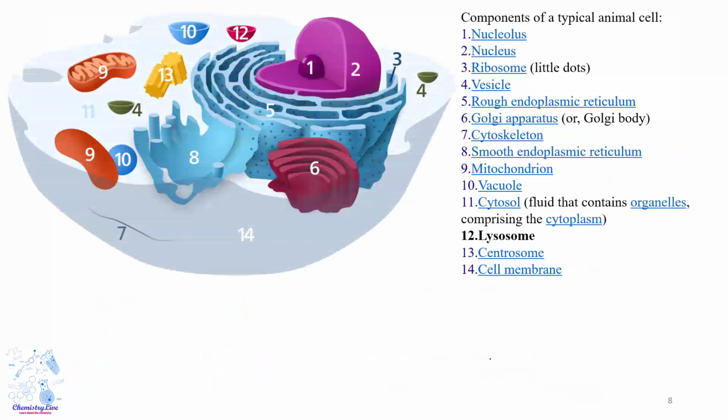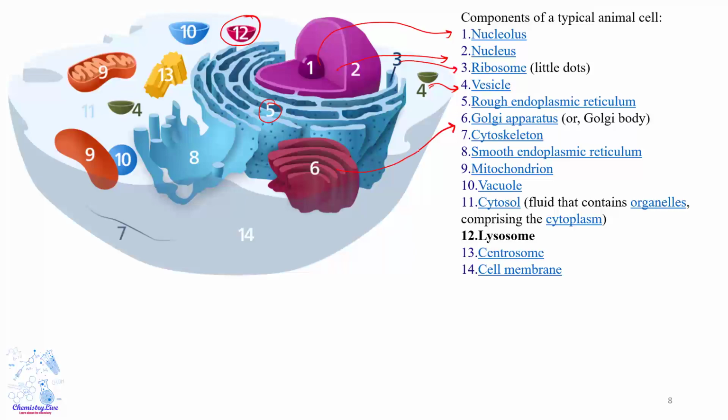So now we will switch to the image as I told you before. Here, typically, this is the lysosome. What the lysosome does, we will see in the next slide in a smoother manner. Number 1 is the nucleus. Number 3 is a ribosome. Number 4 is vesicles. Number 5 is rough endoplasmic reticulum. Number 6 is the Golgi.